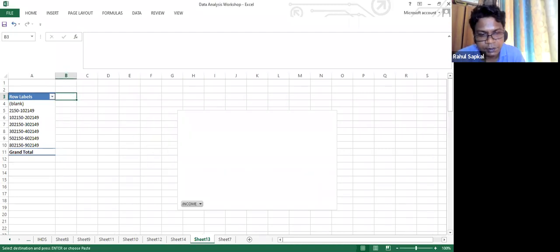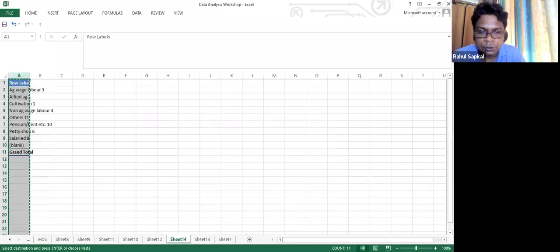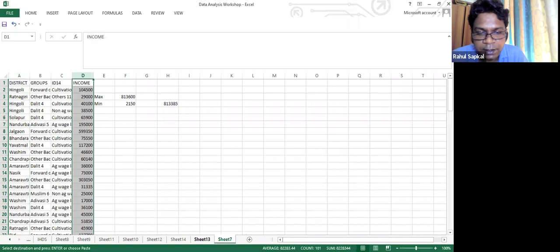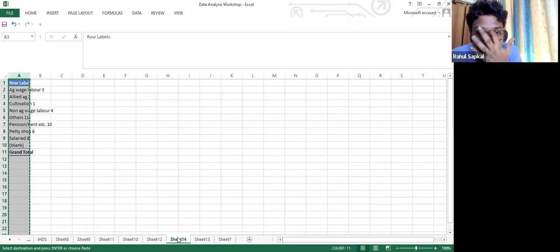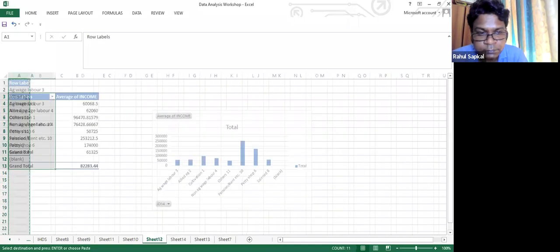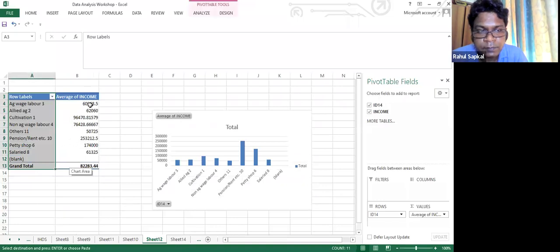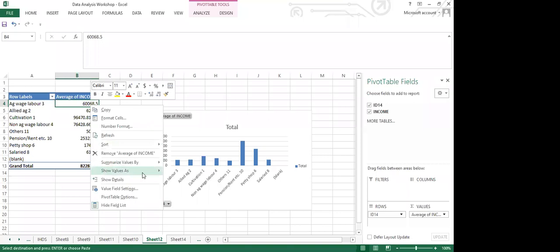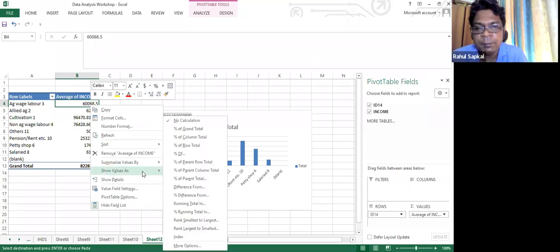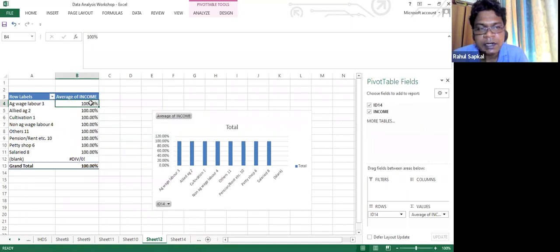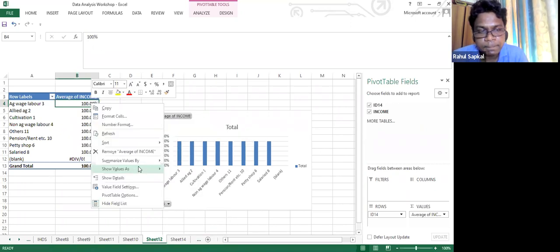No, it is not showing. So we have to take both. So you got at least how to calculate the class interval by grouping. Yes, sir. Okay. Now right click on this. It will show you the various values in which you would like to have a percentage. So you can take row percentage. You can take column percentage.